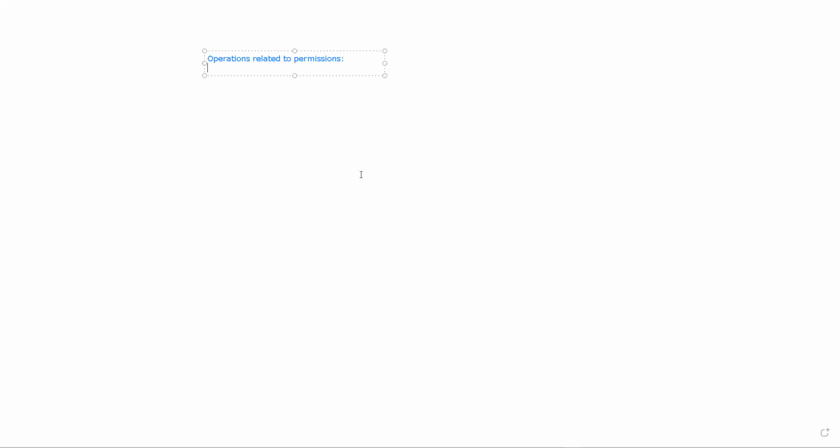So what do you mean by that? Operations related to permissions means, suppose you want to add permissions, or you want to remove, or you want to assign, right? So how can you do that? And what symbols or signs are used whenever you want to add the permissions?